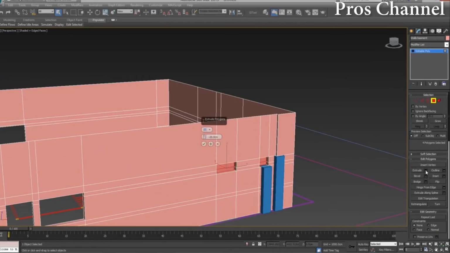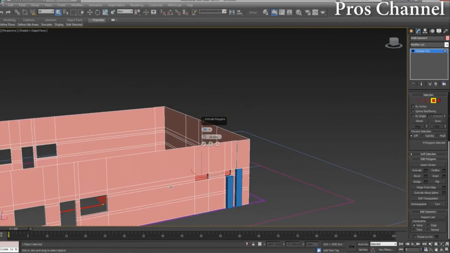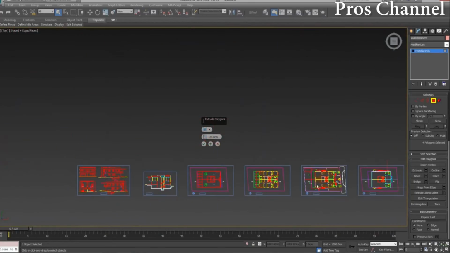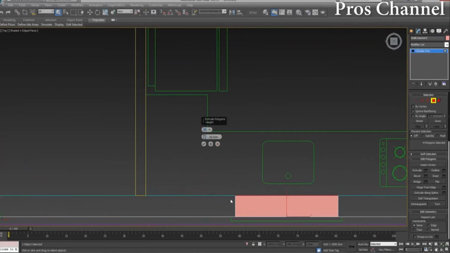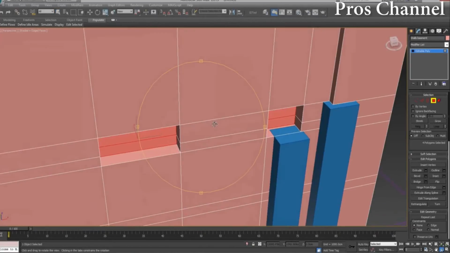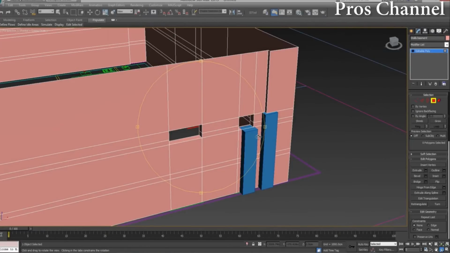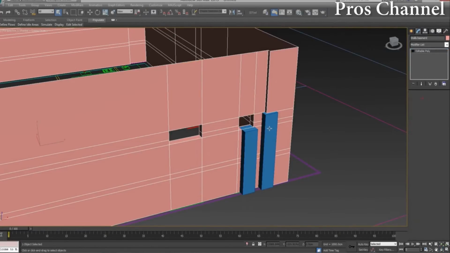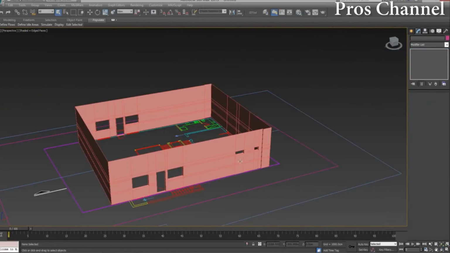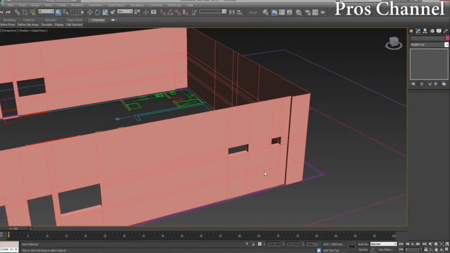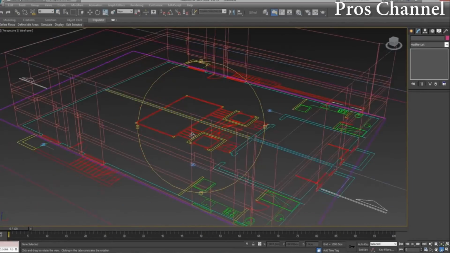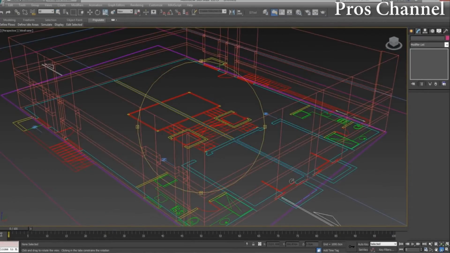I'm going to extrude it like we did with these ones in the top viewport. Extrude it 20, that's fine, the wall is 20. And now I'm going to delete these polygons. So now we have the windows created. I'm going to delete these helper boxes. This is great. Next thing I'm going to do is I'm going to create openings here for this window and